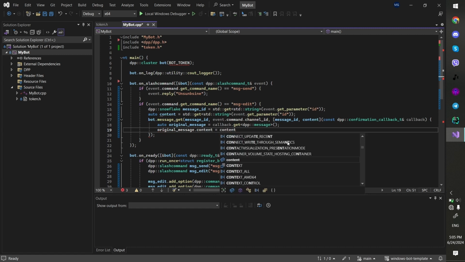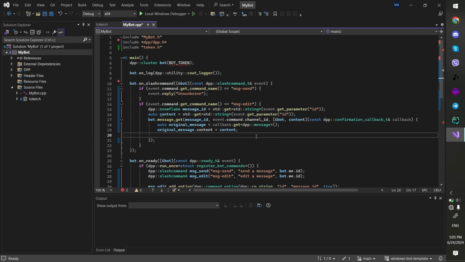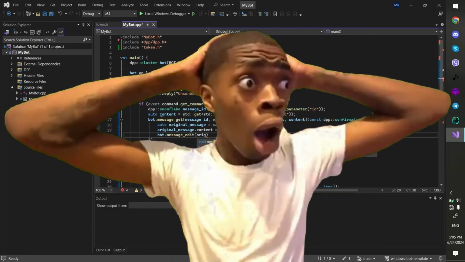Also, we don't actually need the ID of the message, and we'll need the bot to edit the message. But we cannot just copy the bot, because it doesn't have a copy constructor, so we'll have to use a reference. After we've edited the message locally, we can now call the message edit function, and this will actually edit